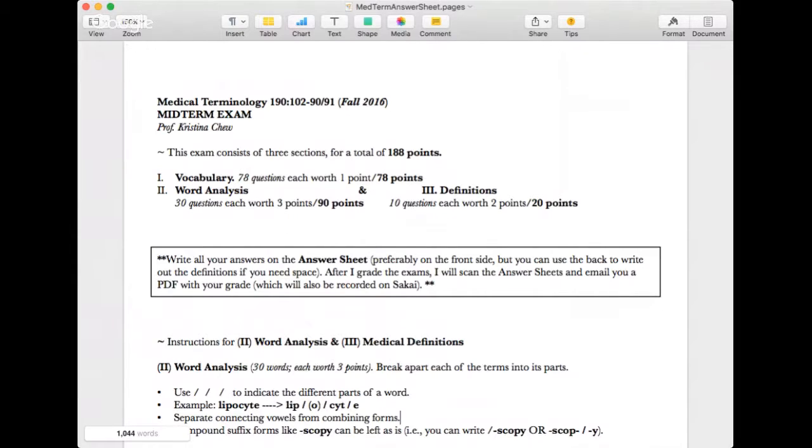And then there is a definition section. You have to define 10 of the words from the word analysis section. You can choose any of the 10 that you want to define, your choice. Each is worth 2 points. Now, the way this is set up,